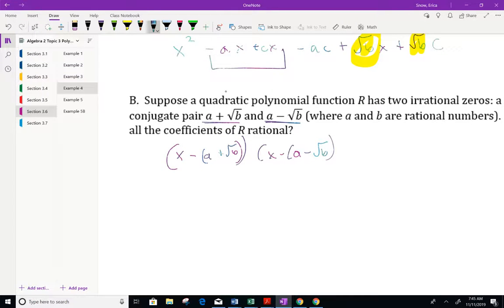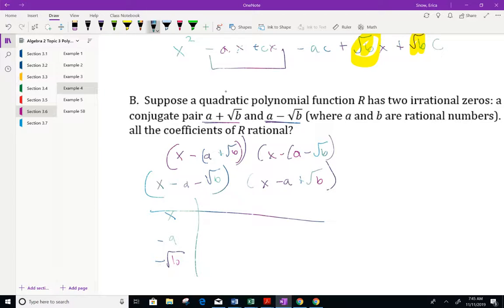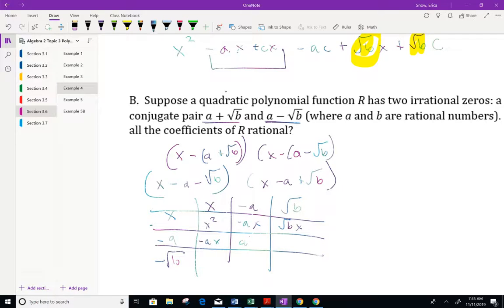So what happens here is, let's distribute this out. So x minus a minus root b and x minus a plus root b. And we're going to have x, negative a, negative square root b, and x, negative a, positive square root b. So we get x squared, negative ax, and square root b x, and negative ax, a squared,